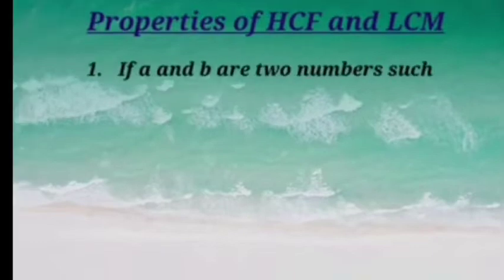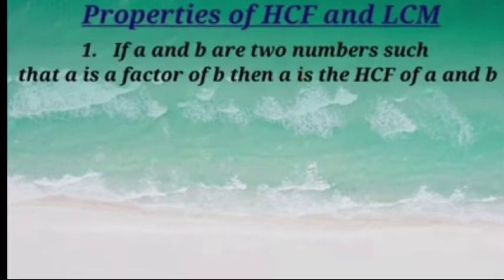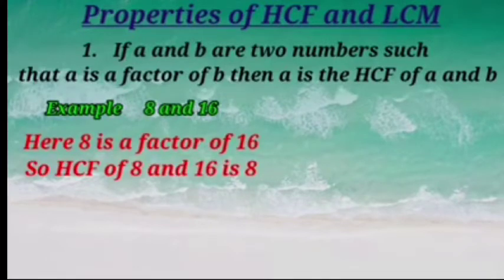Number 1. If A and B are two numbers such that A is a factor of B, then A is the HCF of A and B. For example, let's see. Here there are two numbers 8 and 16. Now, as we know that 8 is a factor of 16, so HCF of 8 and 16 is 8. So if one number is a factor of the other one, then that number will be the HCF of those two